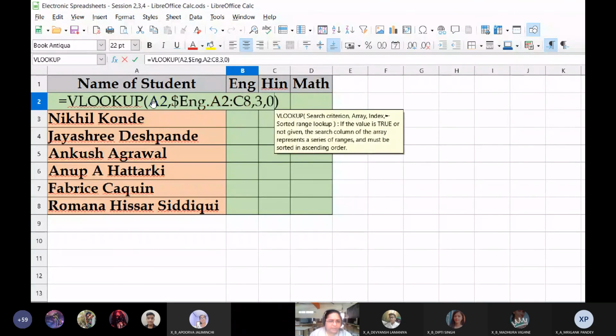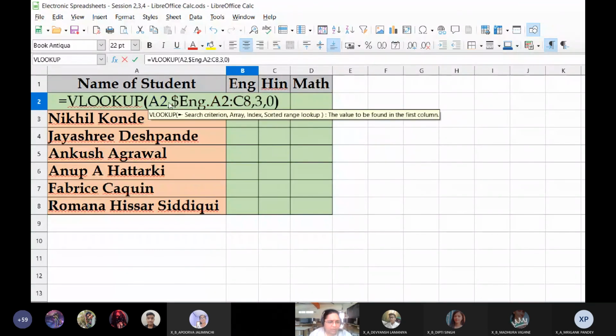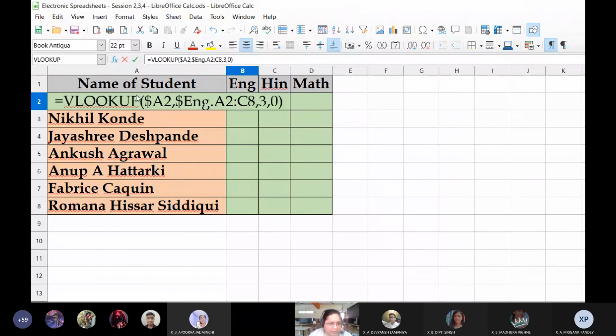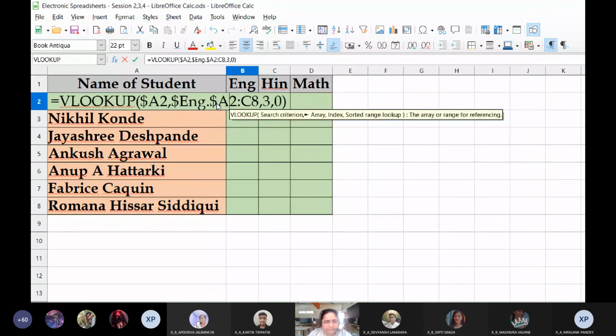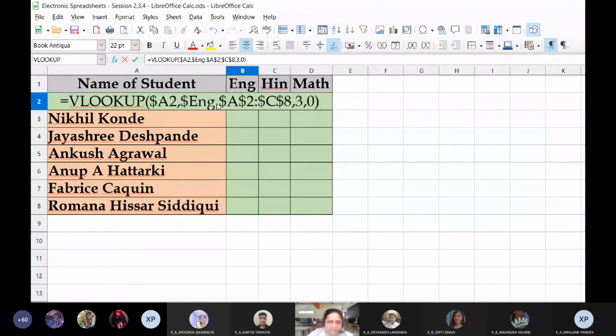Now, one thing we need to do is edit the formula and set each of the references as absolute. In the first one, that is student, the column is always going to be A. So I'm going to set A as absolute address, and 2 I will leave because it has to go look into A3 also, A4 also, A5 also. That I will leave. Coming to the English sheet, this dollar means look only in the English worksheet, not anywhere else, right? I'll come to this A2, and I don't want this array range to change, so I will make this also an absolute address and press enter.